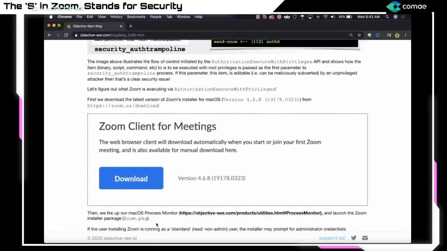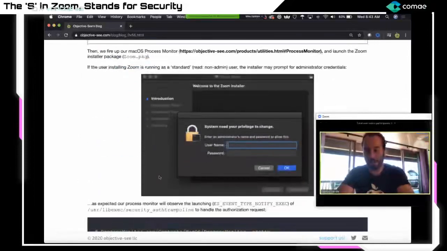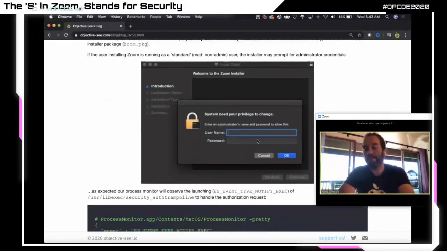So we see Zoom is using this API. So the question is, is Zoom using this securely? If we run the Zoom package, we can see the authentication pop-up. This is fairly standard. And if the user puts in their credentials, it's going to execute something behind the scenes. So we need to figure out what it's executing and whether a local unprivileged attacker can modify whatever it's executing